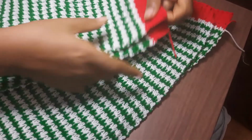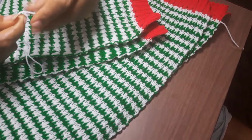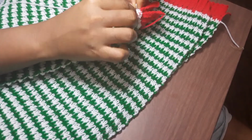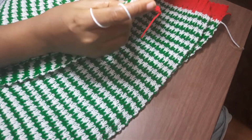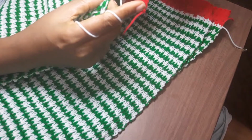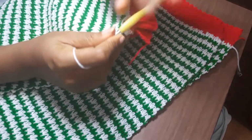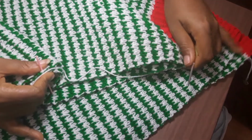Now I'm just going to get my white thread and I'm going to slip stitch. Okay, I'm making a slip knot here. I'm just going to slip stitch starting from this white part. I'm going to keep slip stitching all around here. I'm going to slip stitch until I get to where I have my stitch marker. Here I'm going to do the same here, and then for the red parts I'm going to use red yarn